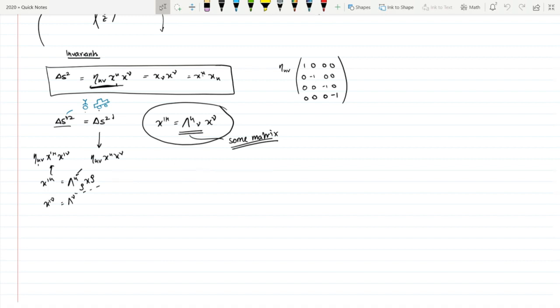Okay? So I've got 2 such things because there's an x prime mu and an x prime nu. So I've got 2 equations like this, and I'm going to take the second dummy index to be sigma. So if I replace these 2 transformed coordinates back in here, I find that eta mu nu,